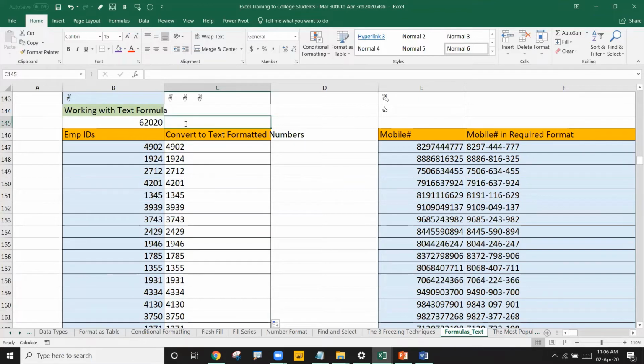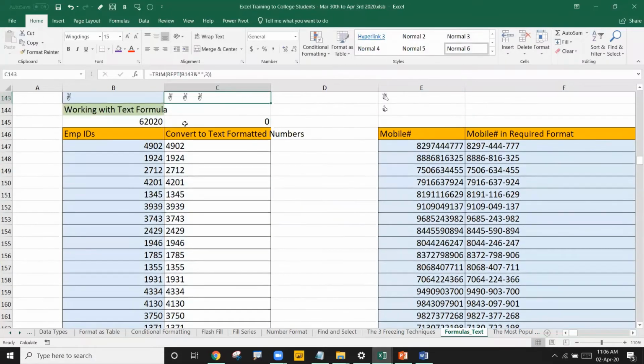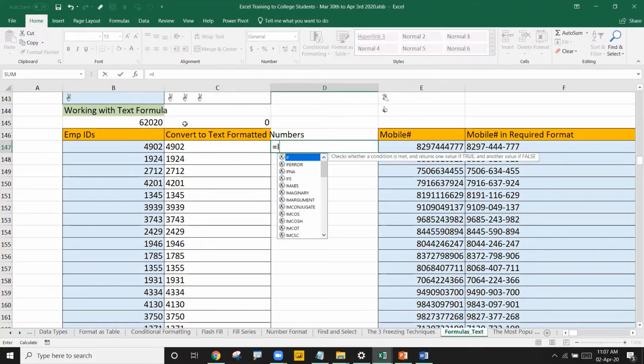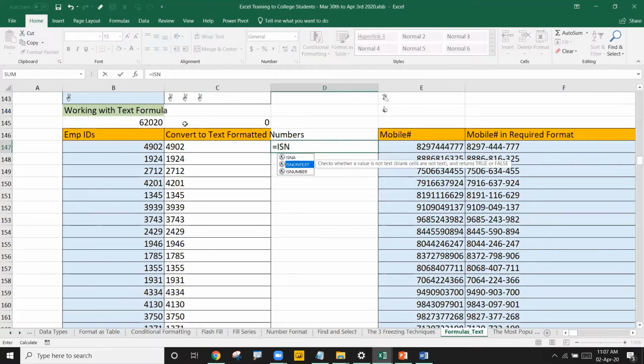If I sum these numbers, equal to sum of this, enter, it shows 0. Earlier it showed 6,062,020, but now it shows 0, because these are not numbers at all. If you still have doubt, you can check with the Excel formula ISNUMBER.